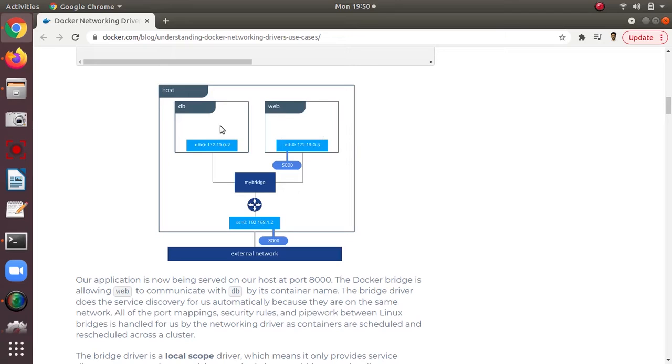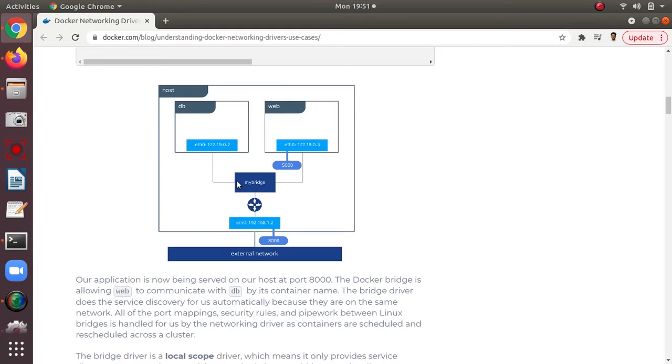As I told you earlier, each container has its own IP address in its own infra. There is eth0 for the DB container and eth0 for the web container, with their own IP addresses ending .3 and .2.